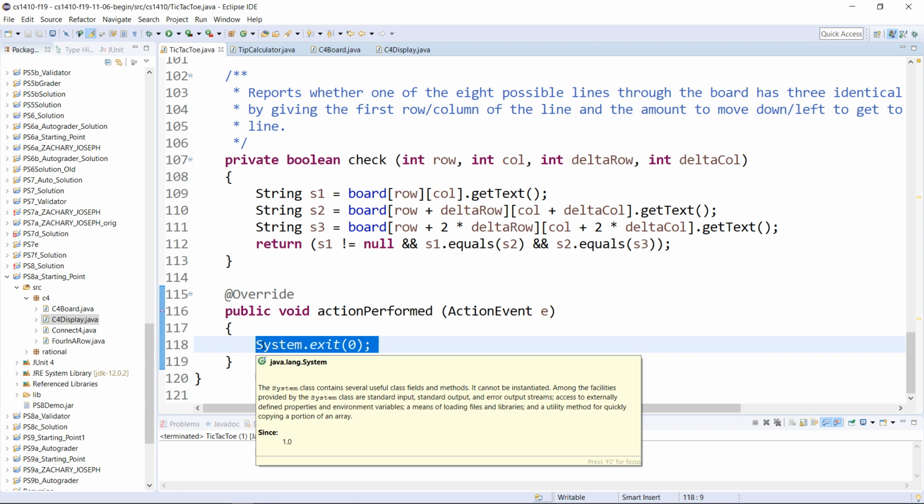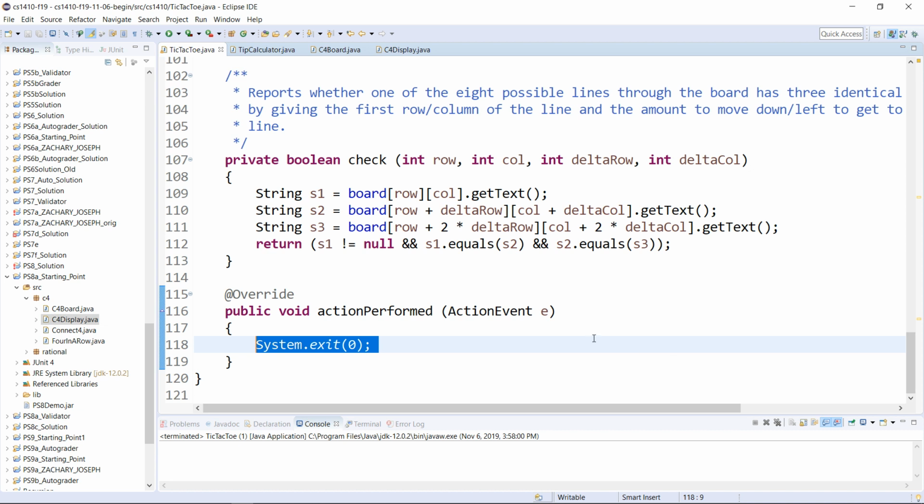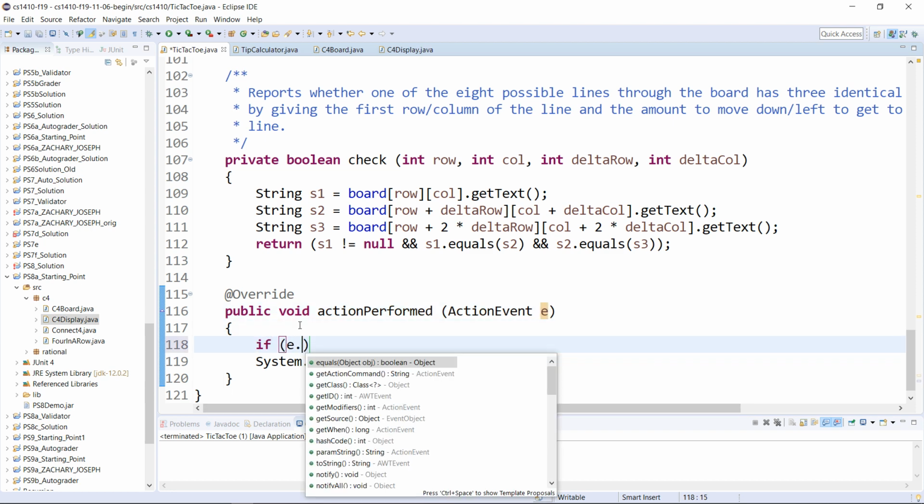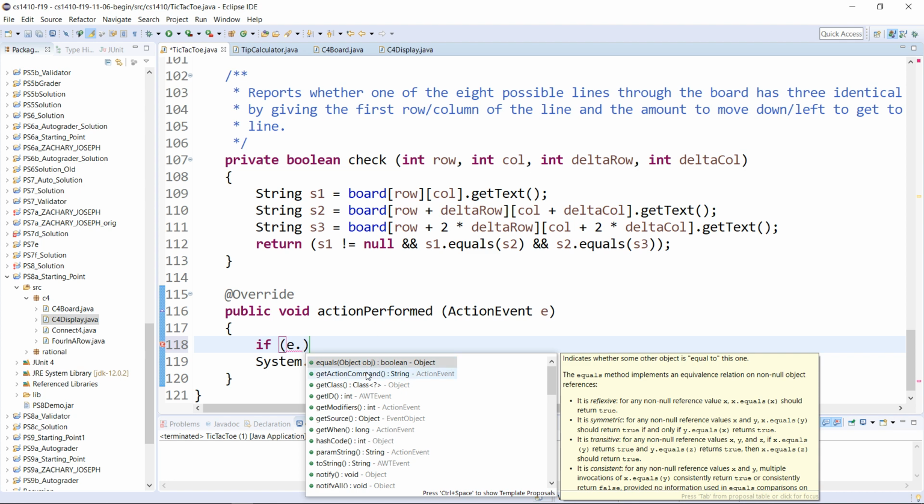Okay? So, how can we hope to know what button was clicked? Yeah? E probably has some sort of method that could return what. E will tell us something about what was clicked. So let's look at E. There's a method called getActionCommand, and there's one called, I think that's it. So let's use